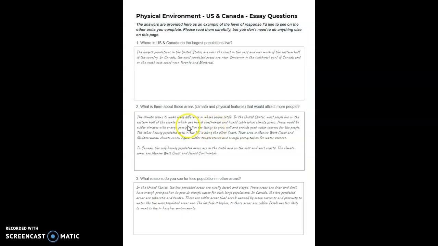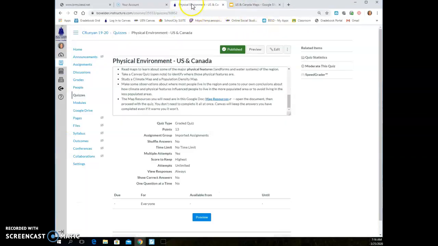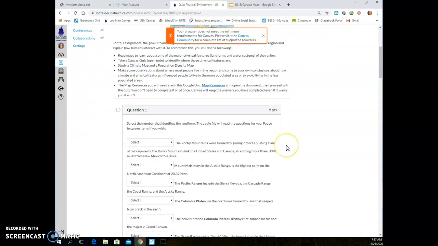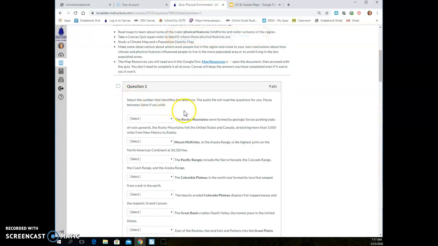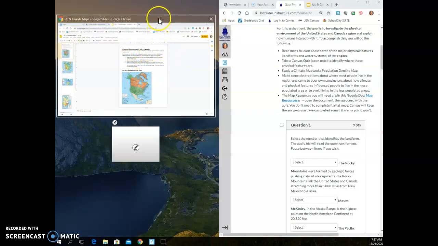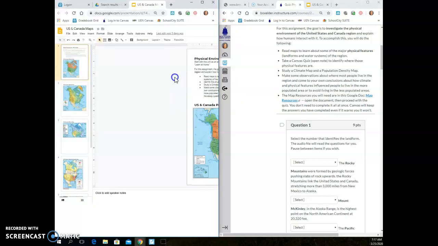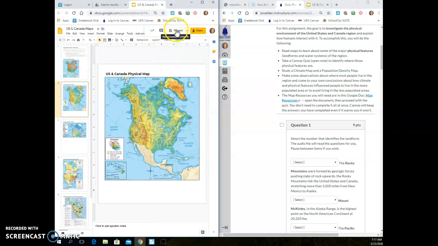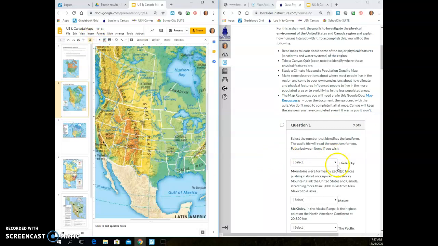So if we go over to the quiz, let me get to that one. If I preview the quiz, it'll show what it looks like for you. So if you look down here, let me see if I can get two windows going here and have the map open on this side. Okay, so there's our physical map. It's going to be a little bit hard to see in this view. Okay, that works. Alright, so the first one is the Rocky Mountains were formed by geologic forces pushing slabs of